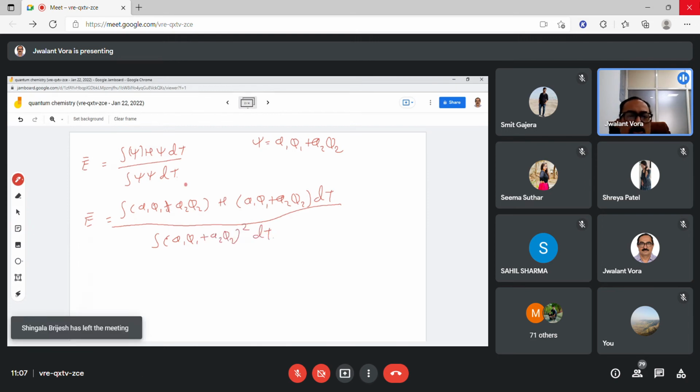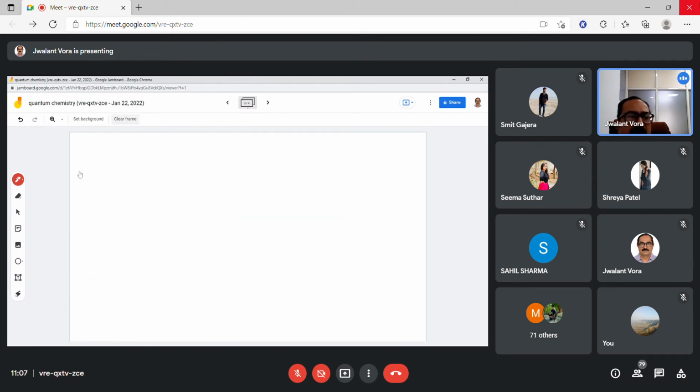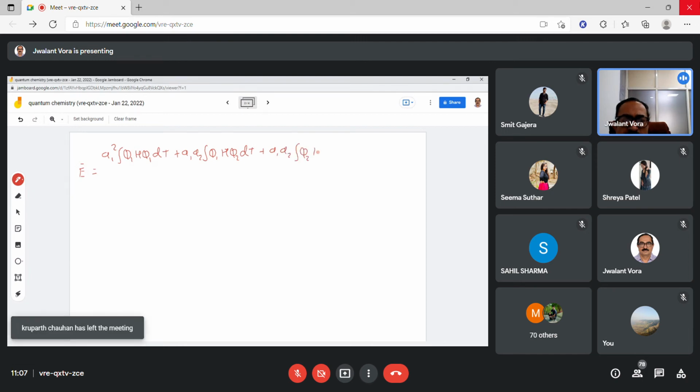આનું આપણે સોલ્યુશન લખ્યું હતું એ હવે સીધું લખી કાઢું છું. Therefore E bar is equal to c1 square integration phi1 H phi1 d tau plus c1 c2 integration phi1 H phi2 d tau plus c1 c2 integration phi2 H phi1 d tau plus c2 square integration phi2 H phi2 d tau, divided by